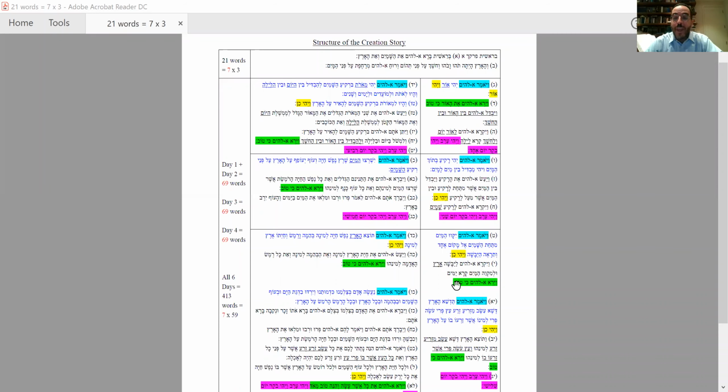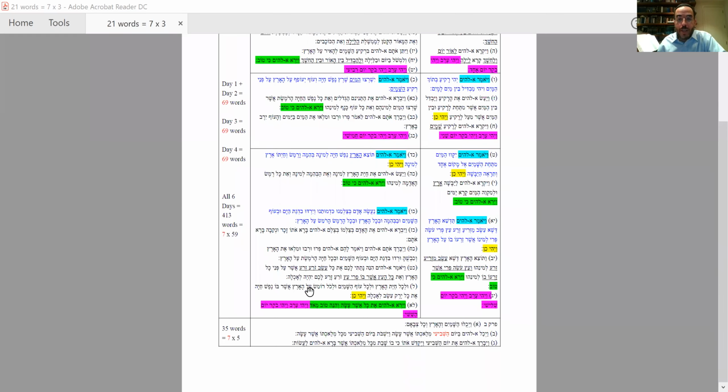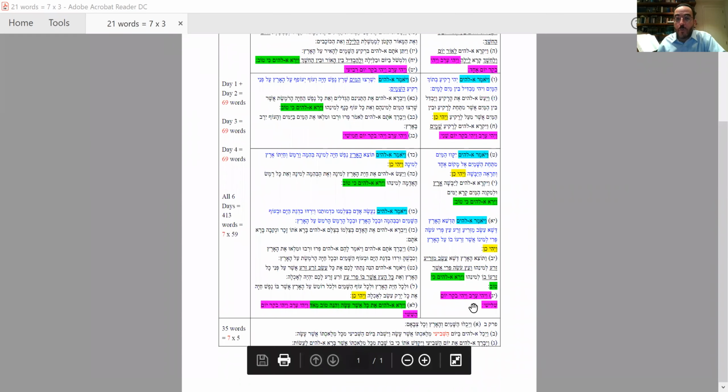If we look even more carefully, and this was found by my father-in-law, Rani Benin, and we count the words of the days of creation. If you're like me, then you'll always be suspicious of counting words, but when it works, it really works. And I think this is a case of that. When we look at each of the sections, the first opening has a multiple of 7. The middle section is a multiple of 7. The end, talking about Shabbat, is also a multiple of 7.